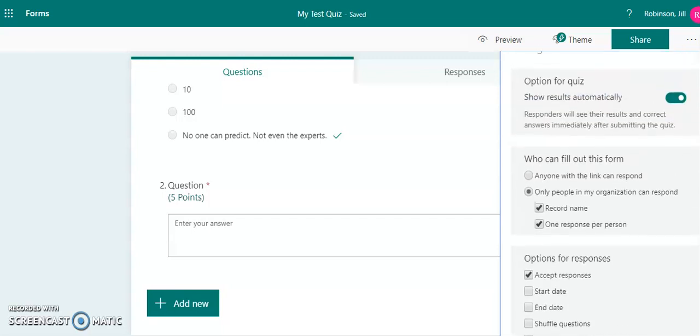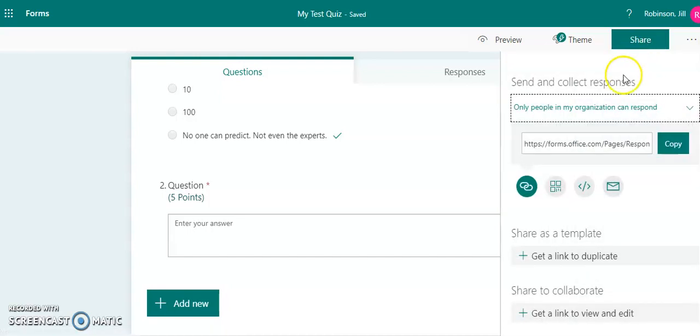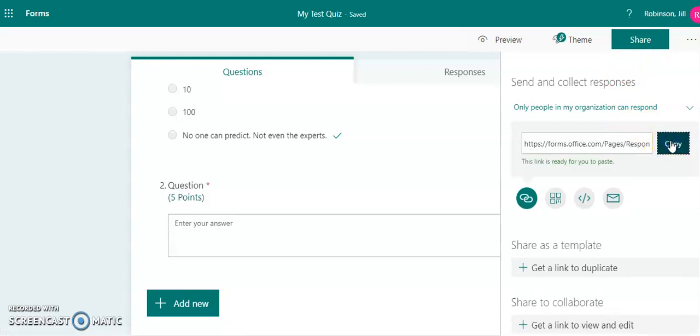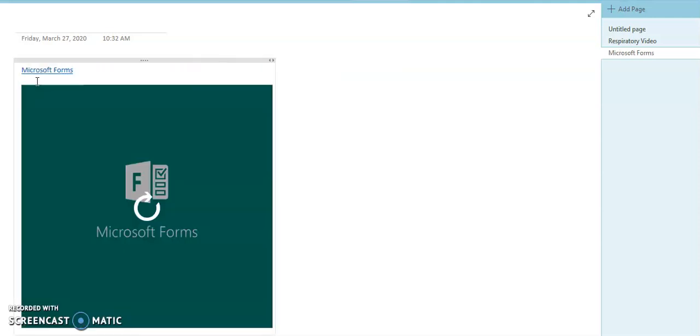Okay, so once you're done adjusting any of these settings from this little ellipse here, we're going to go back over to share. We're going to click this link, copy. So now this link can be pasted right into OneNote, Edmodo, however you normally distribute digital resources to your students. So if I flip over to OneNote, let's say, and I want the students to take this quiz, and I can paste this link right in, you will notice that Forms actually embeds directly into a OneNote page, which means